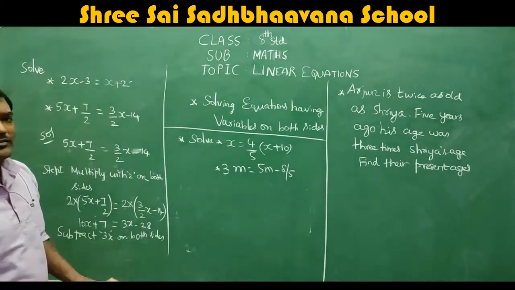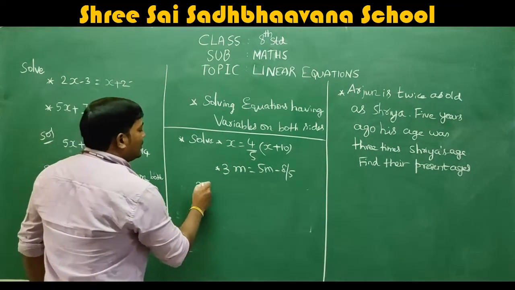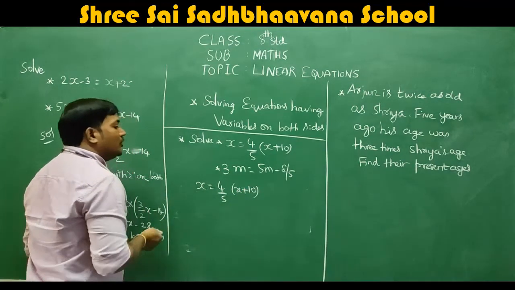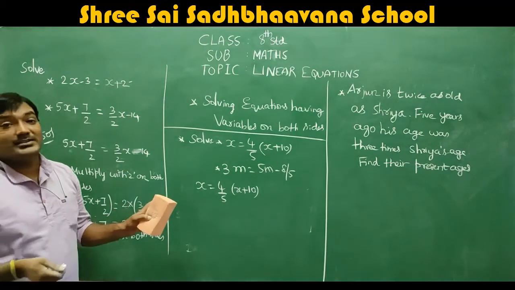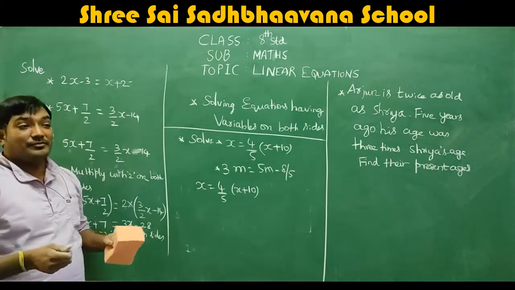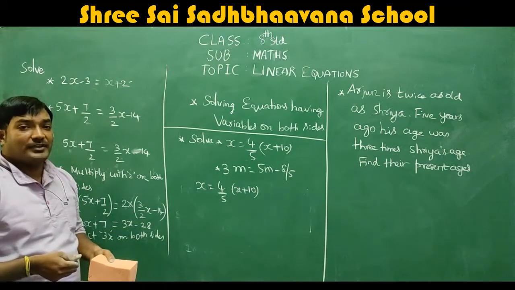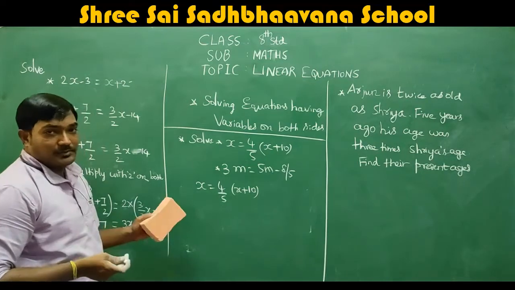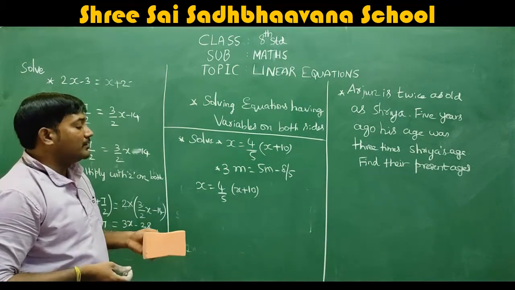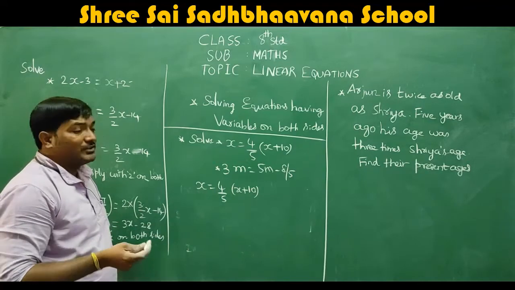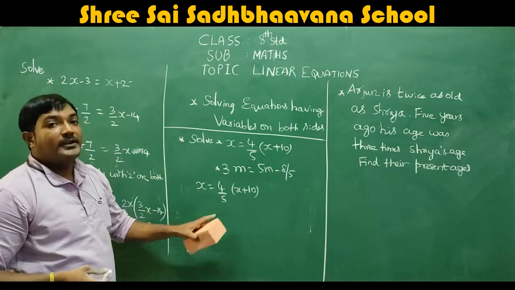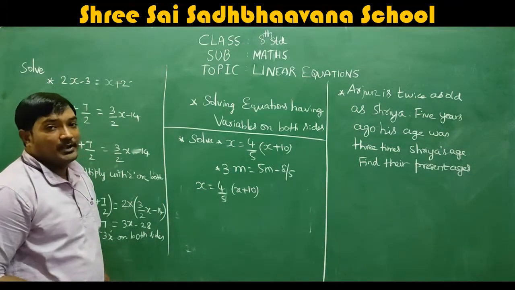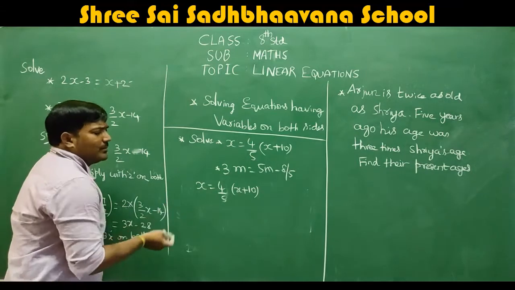The next one is also of the same type. What is given is x is equal to 4 by 5 into (x plus 10). As I told you, whenever you have fractions, like if 5 is there in the denominator, actually 4 by 5 is a fraction. If you have a fraction, complications will come while simplification, correct? So to reduce the complication, just multiply with 5, whichever is the denominator, so that the fraction form will be eliminated. Means the fraction will become a whole number.